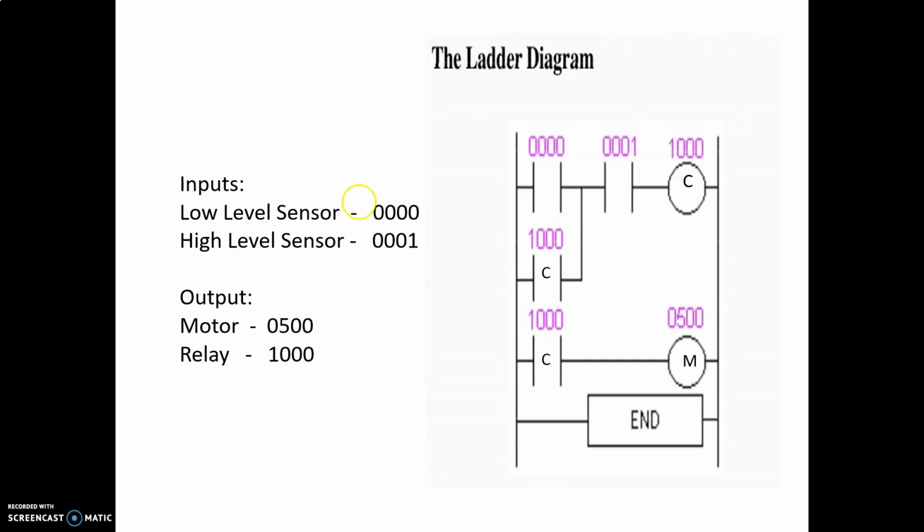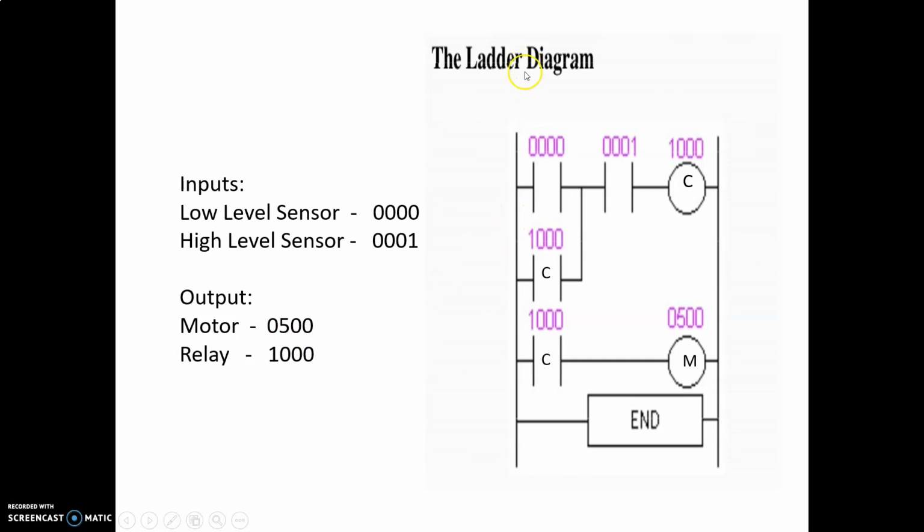So those are just address fields here. That's why it is written in terms of 0 here, in terms of 1 here, 0500 here, 1000 here. So they are all represented differently. That is nothing but the connector points, right? So we have inputs here, and here we have an output. The output here is a motor, given as M symbol 0500, and then we have a relay. This is the additional part which we have shown here. We will discuss the use of the relay.